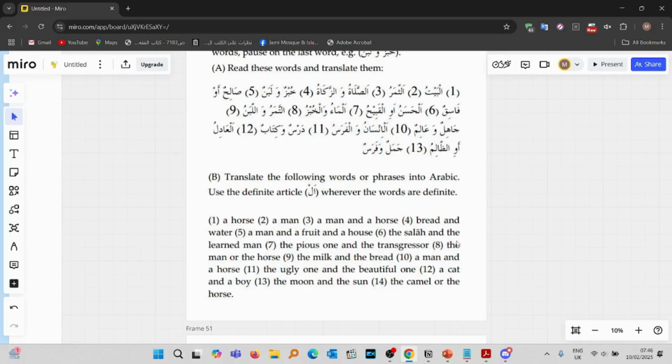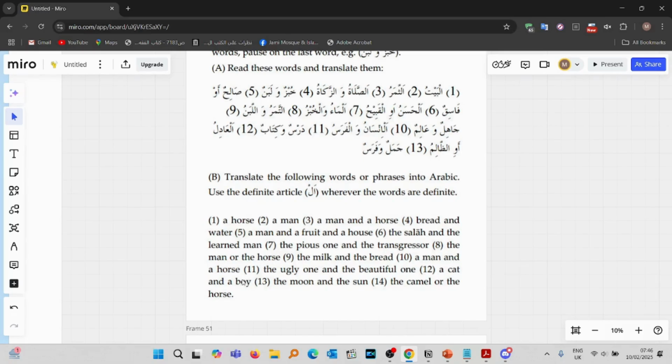as-salihu wal fasiqu. Number 8, the man or the horse, al-insanu awil farasu. Number 9, the milk and the bread, al-labanu wal khubzu. Number 10, a man and a horse, insanun wa farasun. Number 11, the ugly one and the beautiful one, al-qabihu wal hasanu. Number 12, a cat and a boy,